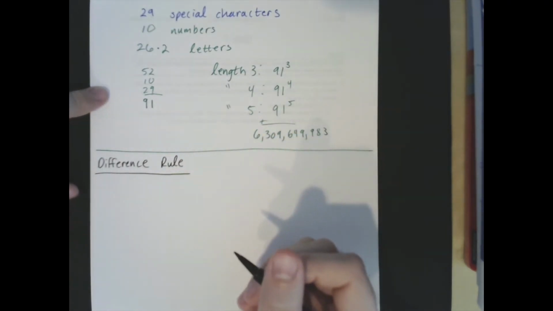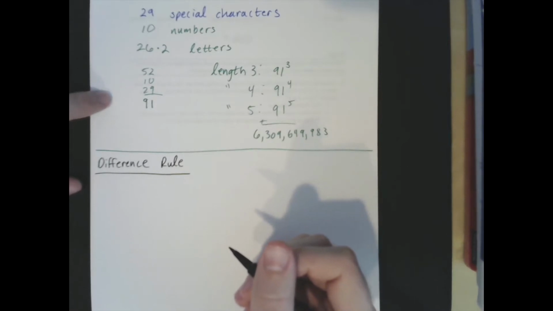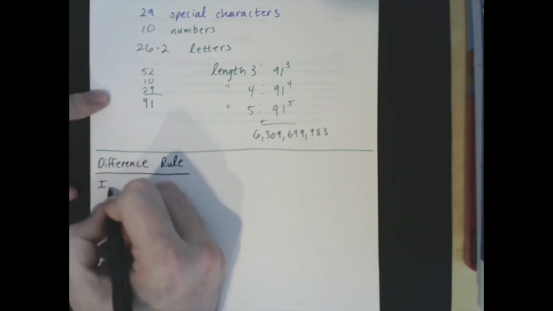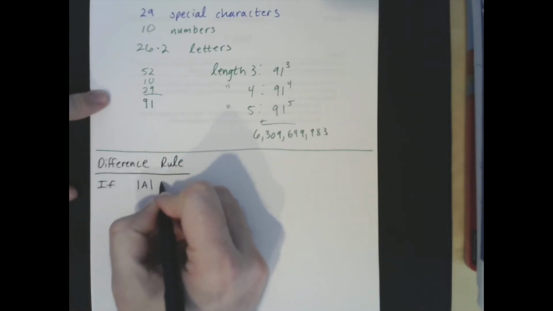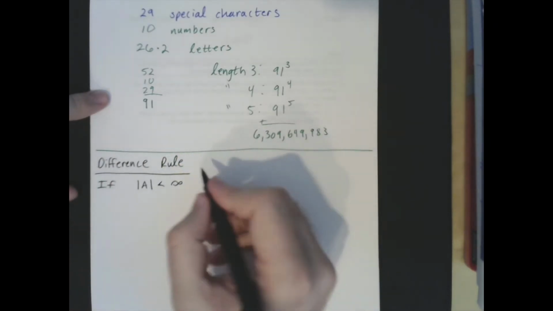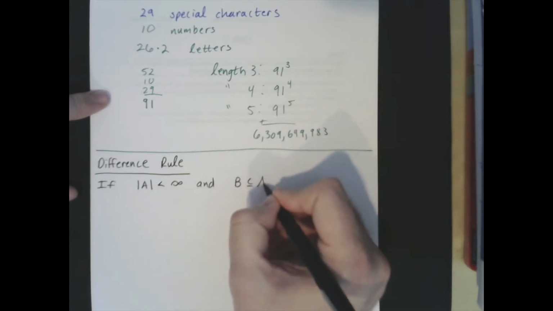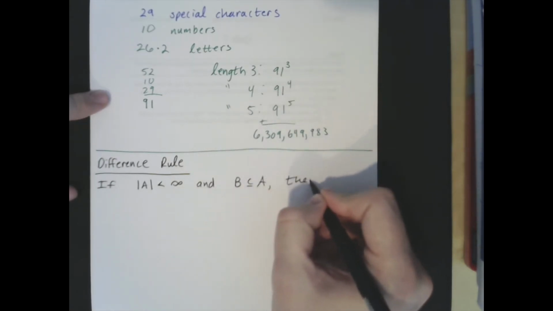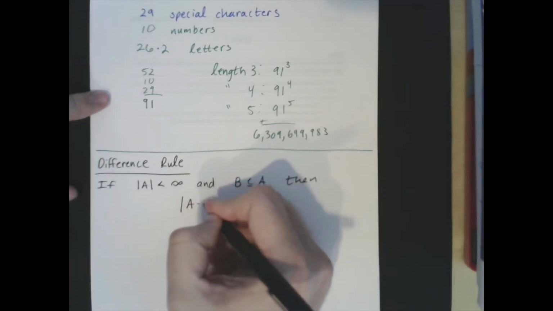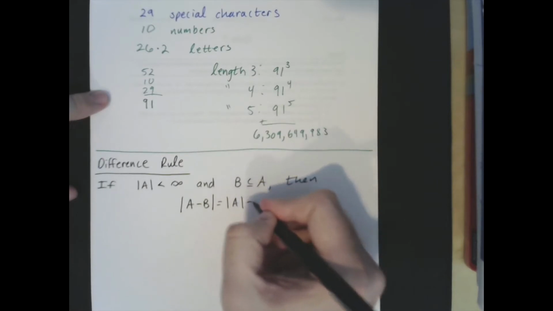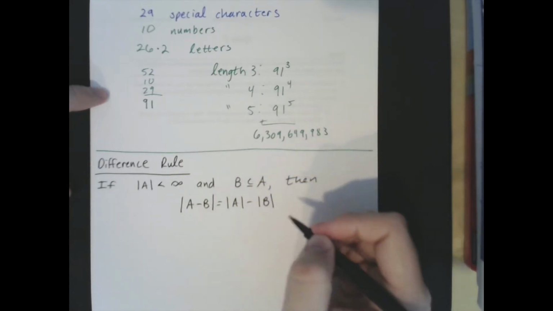I think I said the difference rule and the addition rule were the same earlier. Disregard that. That's crazy talk. So if the size of A is finite, so less than infinity, and B is a subset of A, then the size of A minus B equals the size of A minus the size of B,